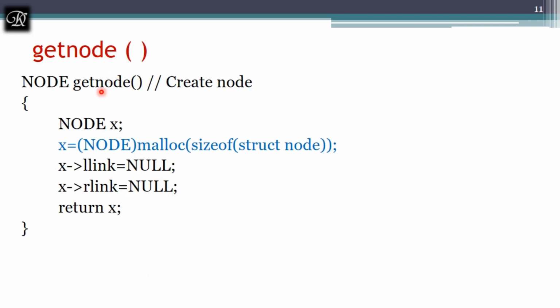First, to create that code, I'm going to use this get node function where I'm creating a node x, and node x is a structure variable. The structure we have already seen in the previous slides, and you can notice over here I'm going to allocate the memory dynamically, and initially in these nodes, when it is created, I'm going to set the links to null so that it should not be a dangling pointer, and I'm going to return it to the respective function which is going to call. We'll see which function is calling this get node function.